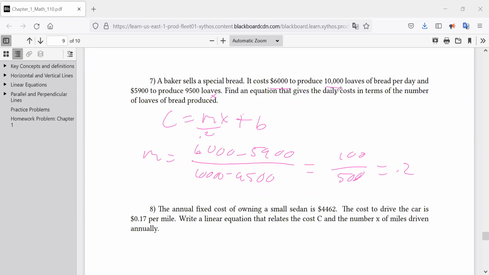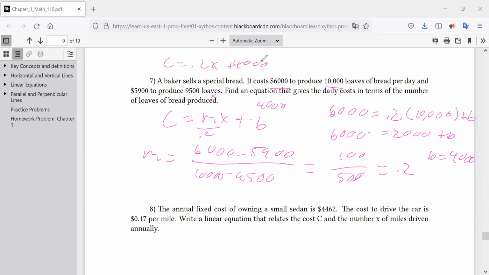And if we were to just plug in, let's say this one, we would get 6,000 is equal to 0.2 times 10,000 plus B. So this right here is going to be equal to 2,000 plus B is equal to 6,000. So that means that B is going to be equal to 4,000. So C is equal to 0.2x plus 4,000. Sorry to go slightly over, but